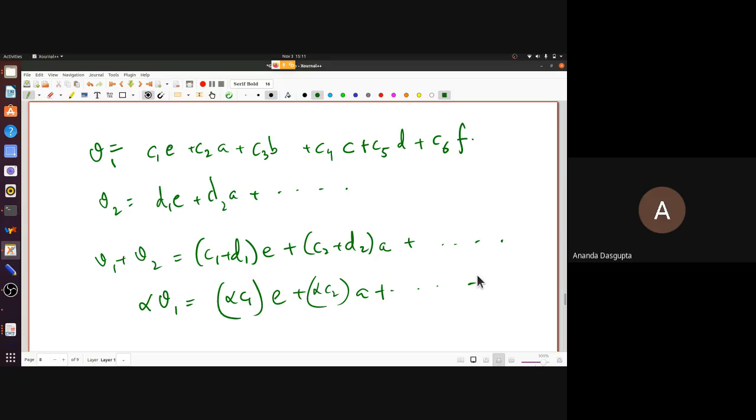Now I will leave you the task of figuring out that this really genuinely defines a vector space, that is, obeys all the basic defining properties of a vector space. And this is an honest to goodness vector space. No problem with this at all. And can anybody tell me what is the dimensionality of this space? It will be equal to the number of elements in the group. Right. So for a finite group, it will be a finite dimensional vector space, whose dimensionality will be simply the number of elements of the group. So for the group we have here, it is going to be a 6-dimensional vector space.